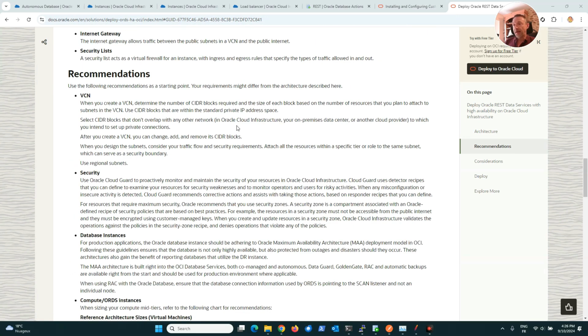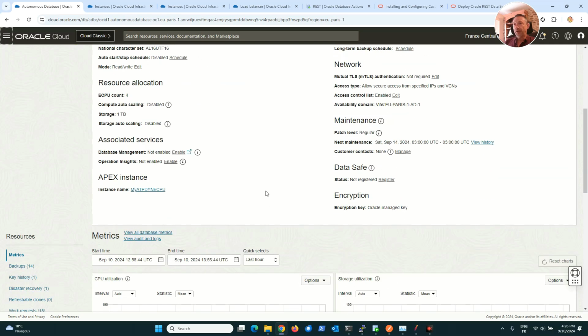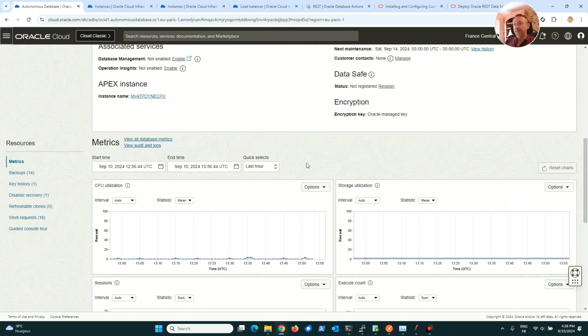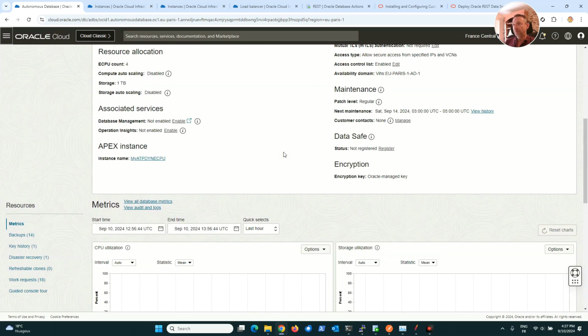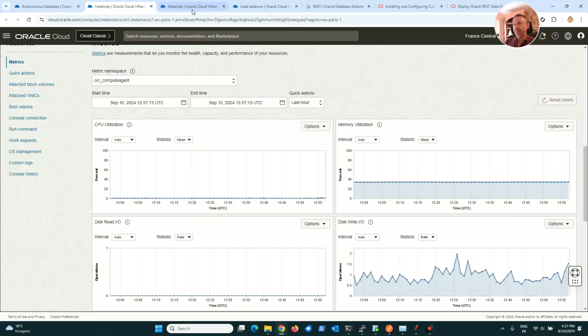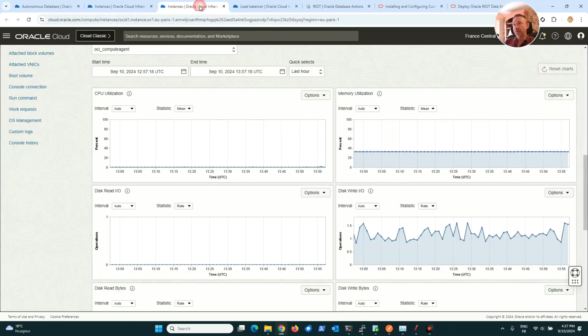Personally, I didn't do that because I want to master the installation, to better understand how to install ORDS and so on. So I did that manually. I have an autonomous ATP with 4 eCPU and 1 terabyte of storage. I have 2 VMs, ORDS 1 and ORDS 2, and I installed ORDS on these 2 VMs, and I have a